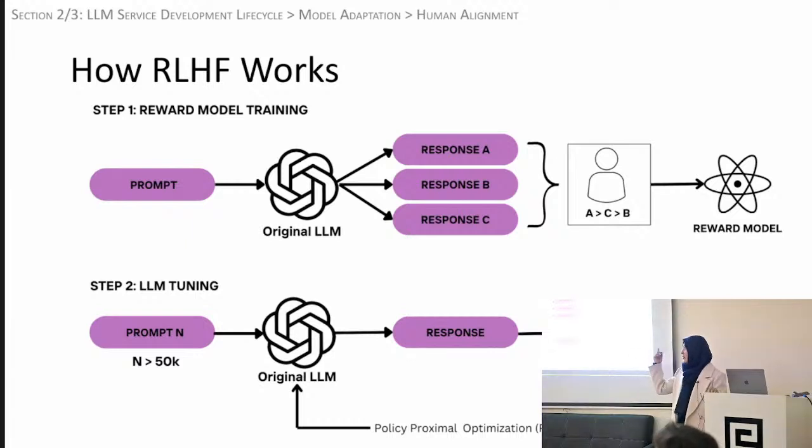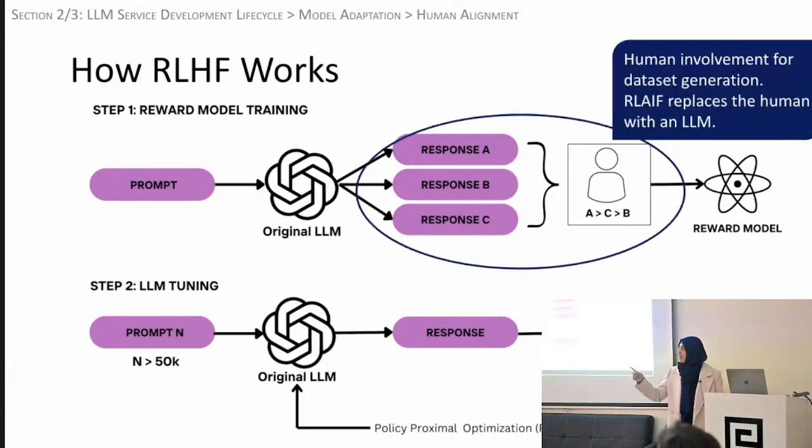So I'm really glad that came up because that actually takes us to RLAIF. Some researchers have proposed RLAIF instead of RLHF. So replace the human with AI, exactly because the human may be biased, right? And secondly, because it's not scalable. So use an LLM over here to rank these responses instead of a human. That's the only difference. The entire process remains the same, but you replace the human with an LLM.